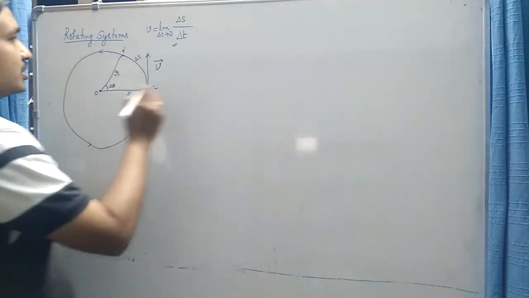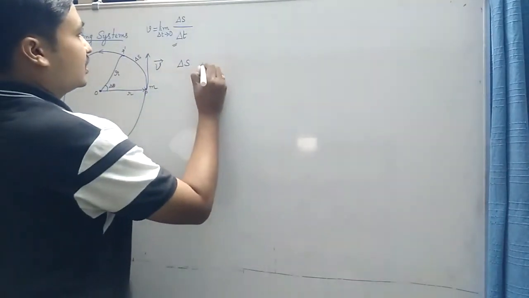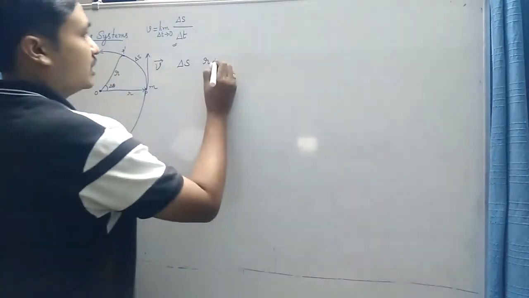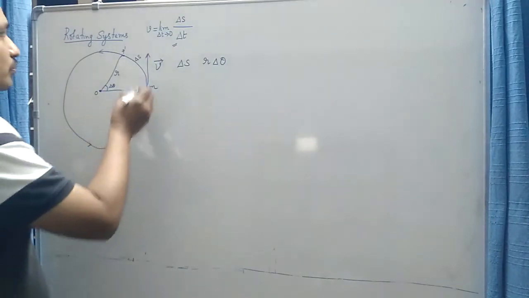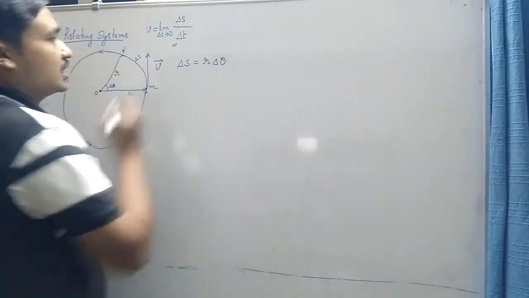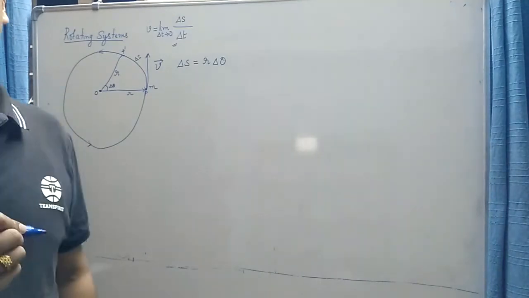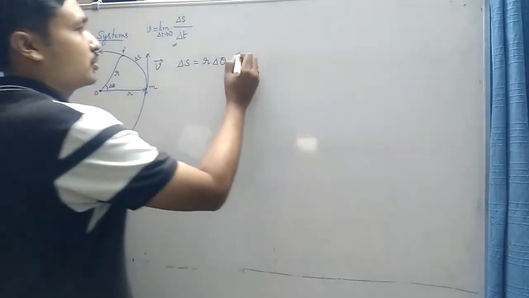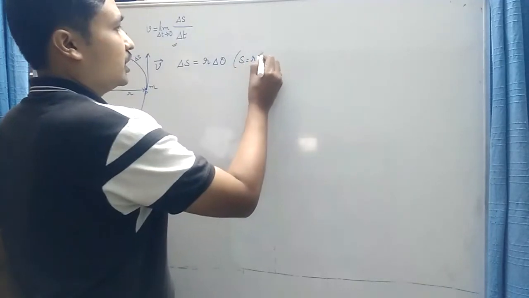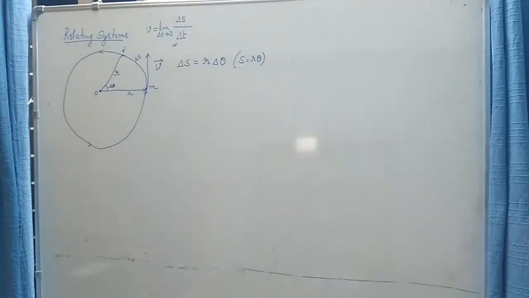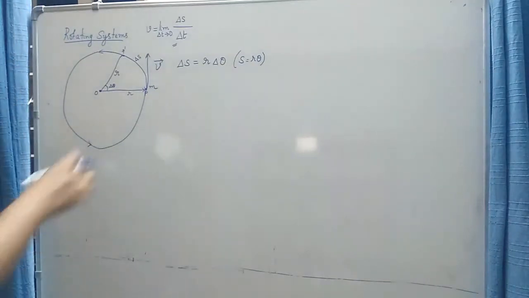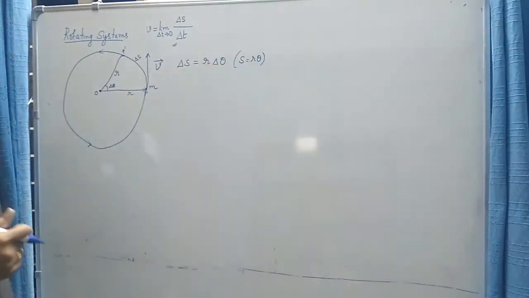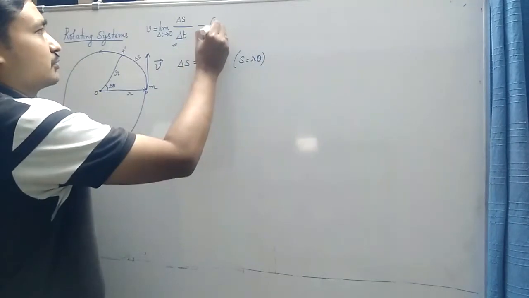And we can establish the relation between delta s, the radius of the circle, and the small angle delta theta that is swept when the particle moves from point P to P dash. The relation is delta s is equal to r into delta theta. This is a very well-known formula in trigonometry: s is equal to r into theta. That is, the length of the arc s, which is very small, is equal to the radius of the circle into the angle theta. So we have used that relation, delta s equals r delta theta. Let us take this as equation 1.